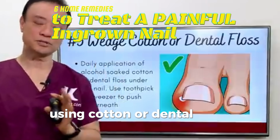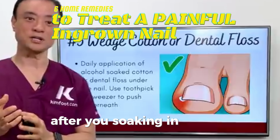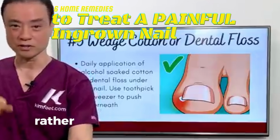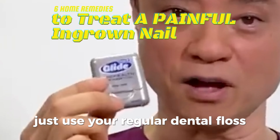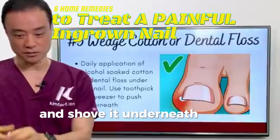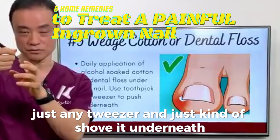Using cotton or dental floss underneath the nail after you're soaking it in alcohol would be very powerful to bring the nail up so that it's growing over the skin rather than digging into the skin. Just use your regular dental floss and soak it in alcohol, and kind of put it all together and shove it underneath using tweezers, just any tweezer, and let the nail